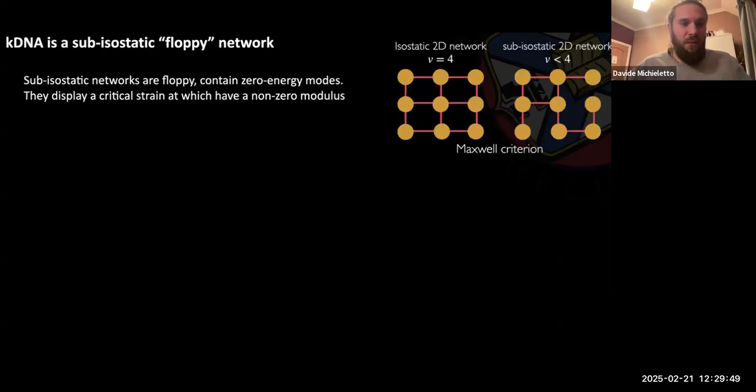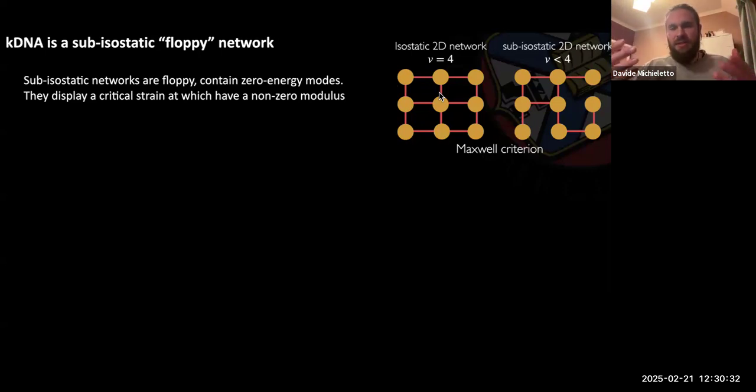Okay, so what do we learn? I think there is one interesting lesson from this. If you think about it, this is essentially a two-dimensional membrane made of linked rings. Now, I wanted to try to model it with a valence tree. If you think about essentially nodes and edges, this in 2D essentially corresponds to a sub-isostatic network. So if you think about the Maxwell criterion, if you have a lattice with nodes and edges that connect, or kind of springs that connect these nodes,